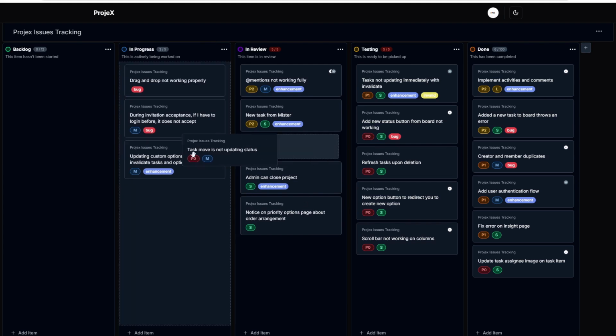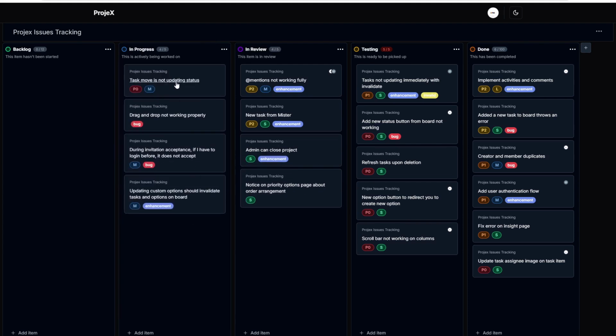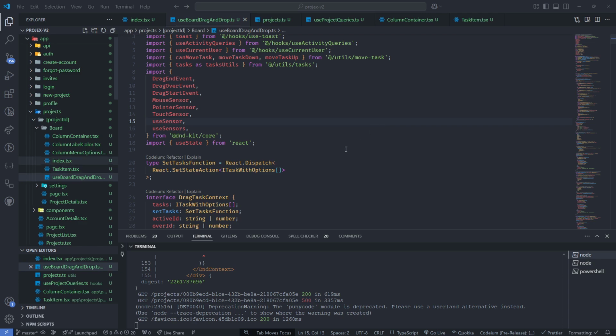Now, if I want to put this one below here, it's going to move up because this one has a priority and these ones don't. That is basically how it works. All right, so when we come back to the code,